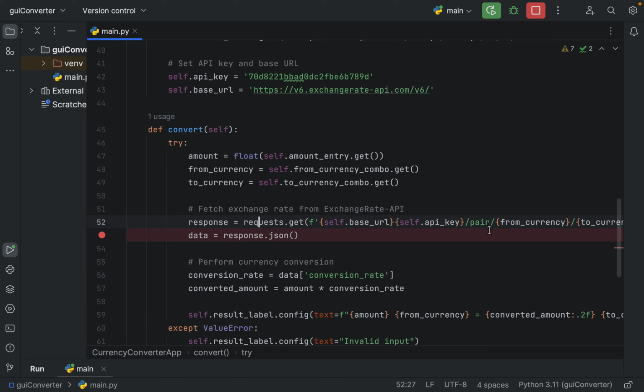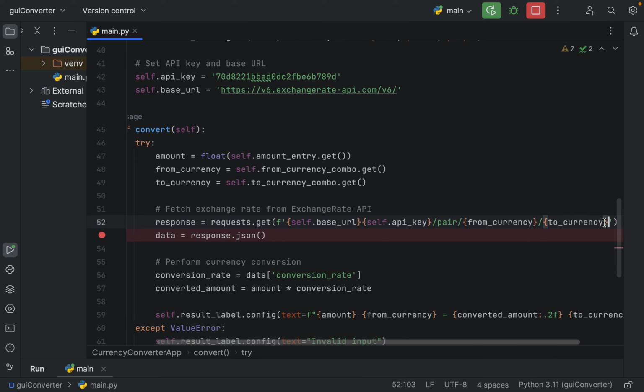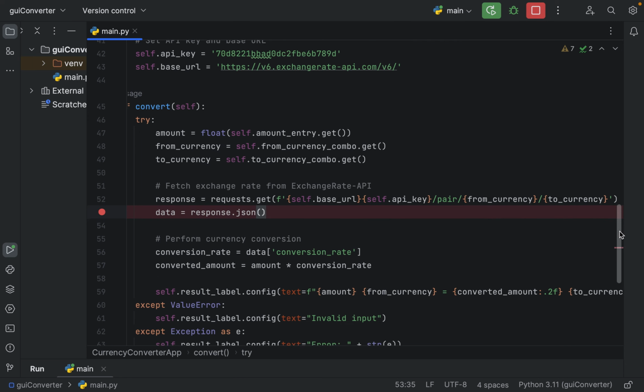Pair, this is a word from the API that actually allows us to get a currency conversion rate and also the currency from the site all together. And I entered from currency and to currency here, just because from a currency there should be a to currency. And again, I created a data variable, and I added my variable here, dot json, because the result should be in a JSON format